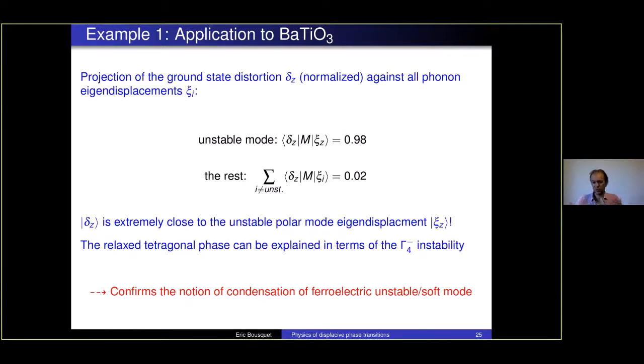It was a calculation done by Philippe Ghosez and Xavier Gonze in the 90s that confirmed that the soft mode theory hypothesis is actually valid. Because if you suppose that the phase transition is driven by the soft modes, with a condensation of the eigenvector of these soft modes, that is actually what you find to be true. You take the real distortion at the end, project it against the eigenvector of the phonon corresponding to the unstable mode, and you find that indeed you have a full overlap between the two.